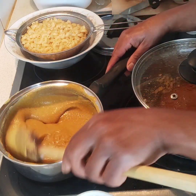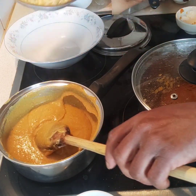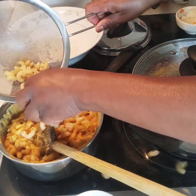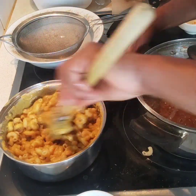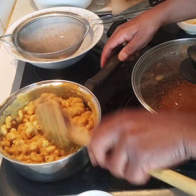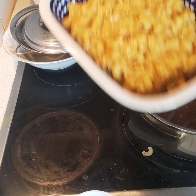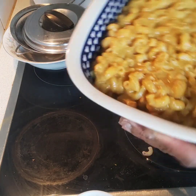So everything is fully mixed and ready for my mac. I'm going to put in the elbow mac. Everything is fully mixed, so I'm gonna put it in my baking dish. It's ready to go into the oven, but before I put it in the oven, I'm gonna put some of